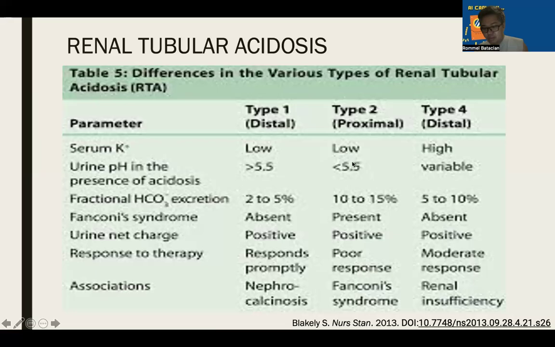Meanwhile, because of its failure to reabsorb bicarb, it's more acidic na ngayon ng urine pH in proximal renal tubular acidosis. The serum bicarb could be in the near normal range, although medyo mababa pa rin. Let's say mga about 12 to 18 millimoles per liter. Unlike yung type 1 could be as low as 10 or even less, no? 10 mEq per liter or millimoles per liter of serum bicarbonate.